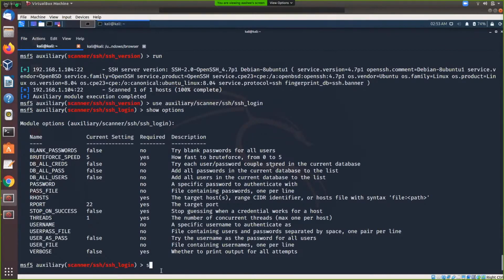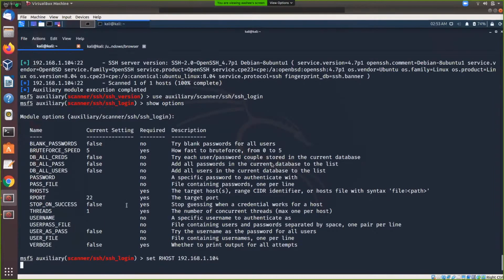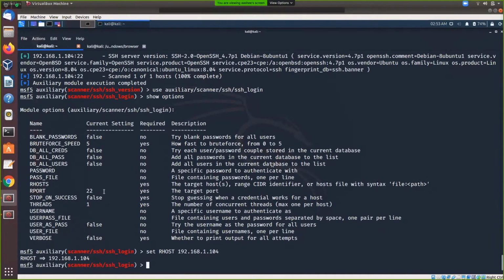We'll set our host. The port is correct, it is SSH, so 22. Then we will set stop on success as true, because we need to stop when we find the correct username and password.